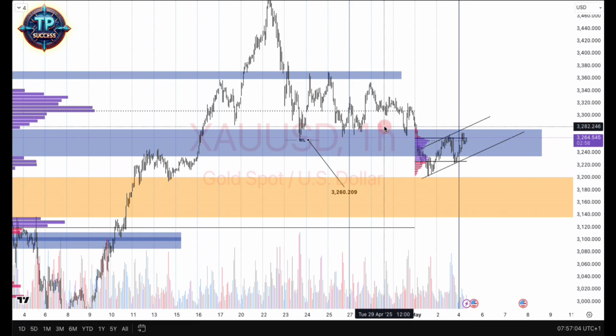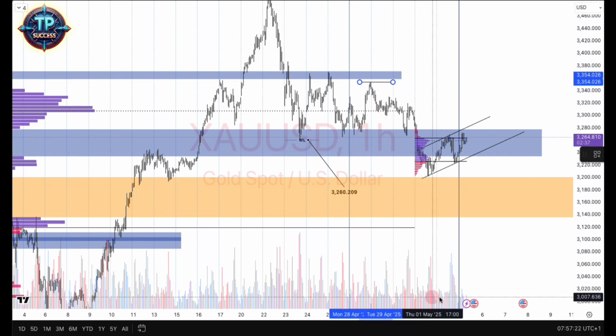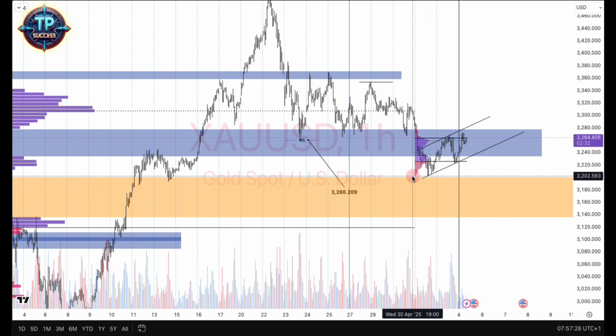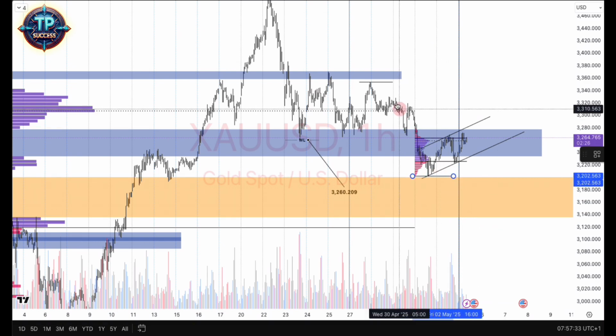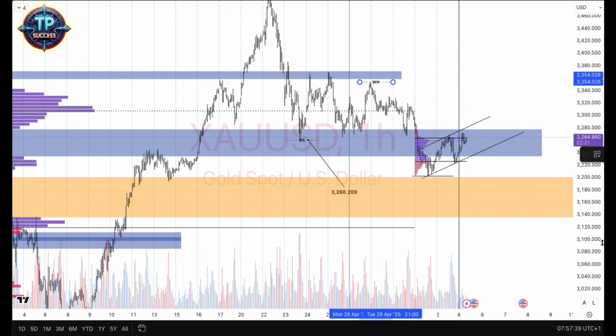So as it stands right now, we're going to lock in the weekly highs and the weekly lows. We had a weekly high that was set for us in the late and early hours of Monday and Tuesday, and that is it right here. And then we have the weekly low that was set for us on Thursday just gone. And like I always say, when it comes to these levels, weekly high, weekly low,